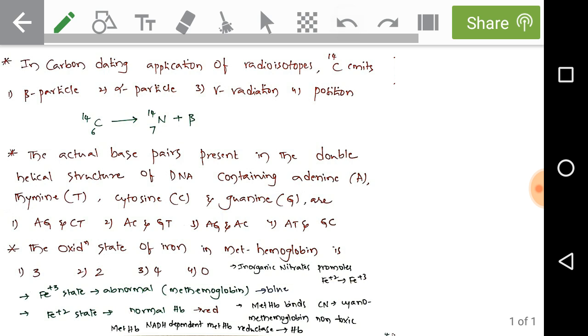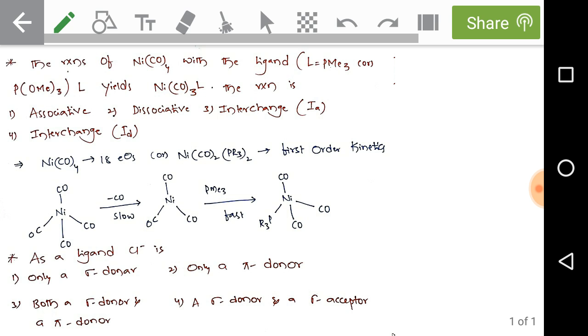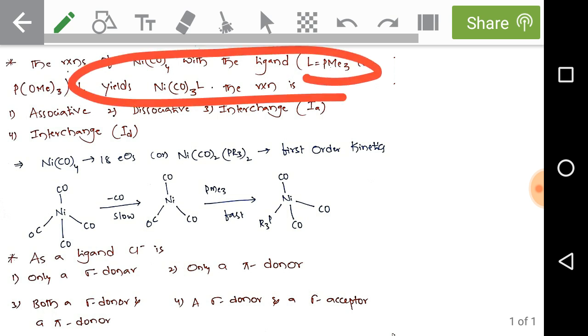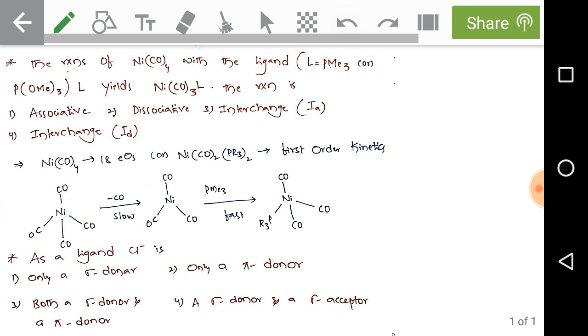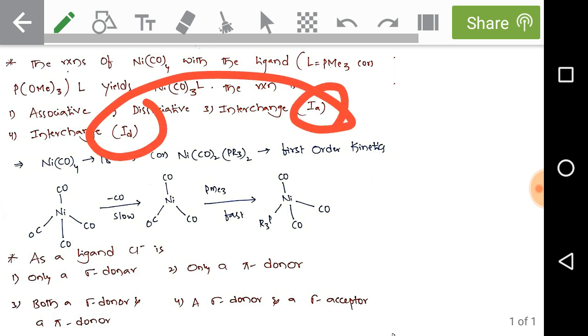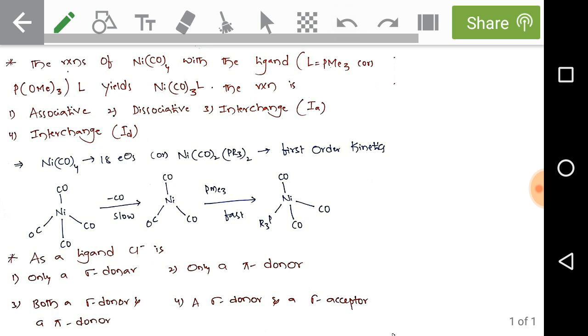Okay, right. Next one, the reactions of nickel tetracarbonyl with a ligand. So just observe, we are given 2 types of ligands and they yield the nickel complex. Here the reaction is associative interchange, here dissociative interchange. So if you look at the given carbonyl of nickel, which is an 18 electron species, at the same time these 2 complexes